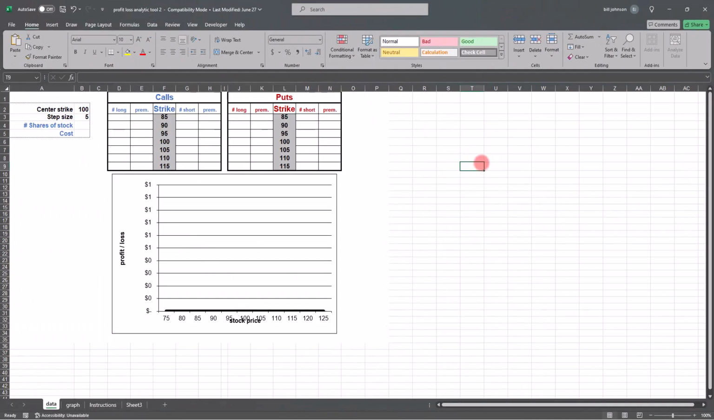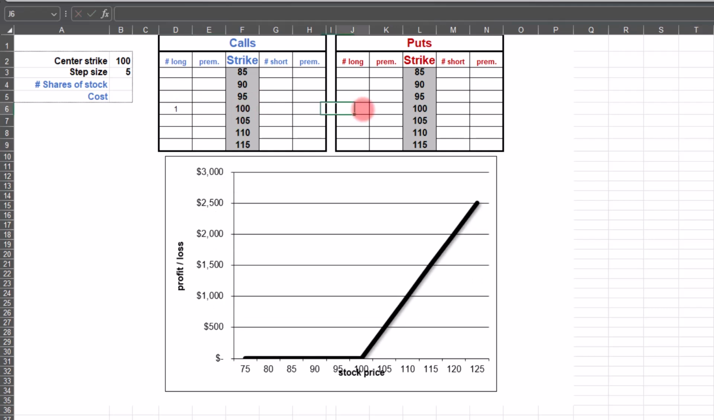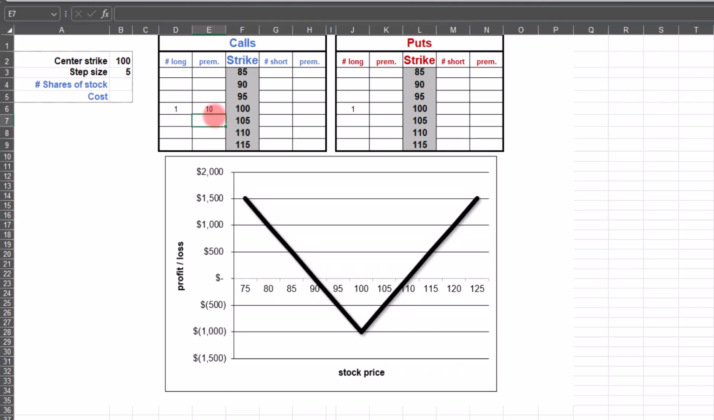Okay, so now we're into an Excel spreadsheet that I put together. It's just an expiration risk graph that allows us to look at longs, shorts, calls, and puts. So let's say we have one long call at 100, right there, and one long put at 100. There's our V. And of course, we have to spend money for it. Now, just to make it simple, instead of saying 5 and 5, I'm just going to make it $10 over here for the call,